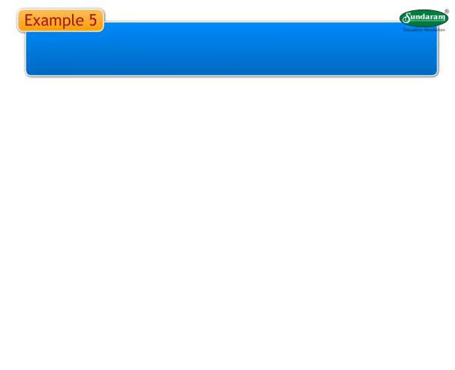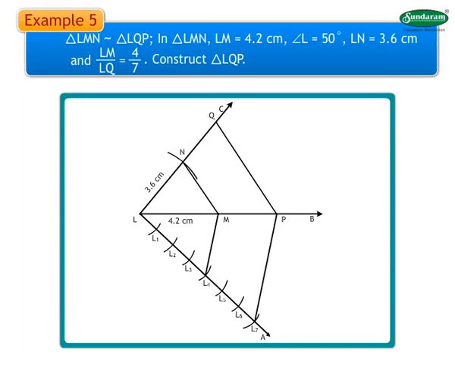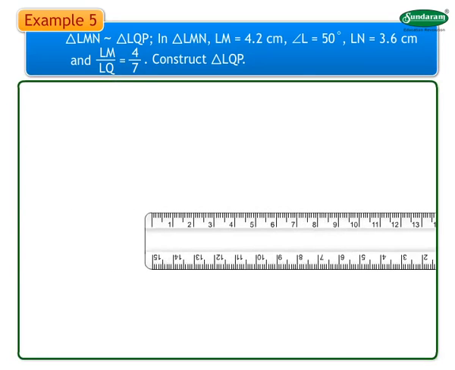Example 5. Triangle LMN is similar to triangle LQP. In triangle LMN, LM is equal to 4.2 centimeters, angle L is equal to 50 degrees, LN is equal to 3.6 centimeters and LM upon LQ is equal to 4 upon 7. Construct triangle LQP. Solution. Draw segment LM